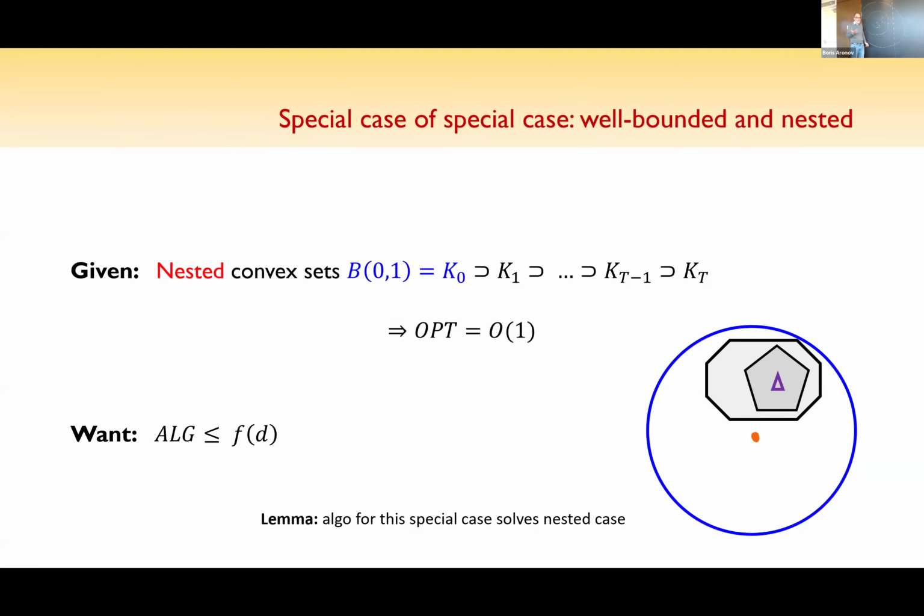I run it until my convex sets, which are nested, stop intersecting this 2R ball. But if they stop intersecting this 2R ball, I have a proof that the optimal solution must have paid more than 2R. So I'll say maybe the optimal solution pays between 2R and 4R. I just come back to the origin and run this algorithm again on the 2R, 4R values. So it's this guess and double idea, which is very simple at some level, but kind of powerful.